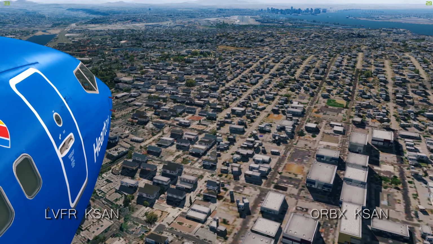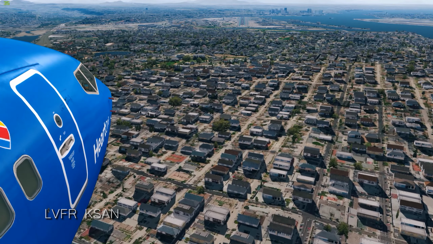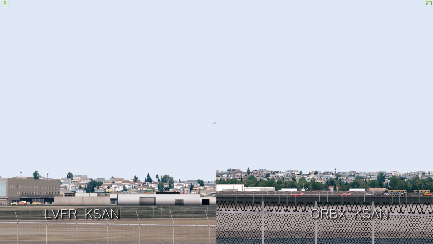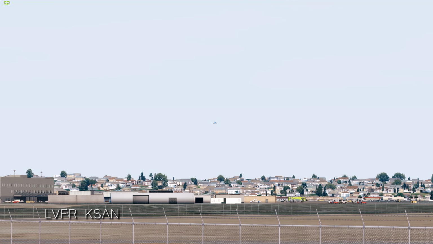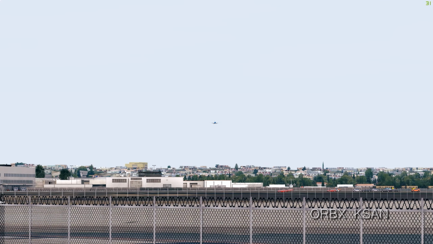First of all, autogen quality and color saturation I think are very good on both. LatinVFR tends to be a little bit on the oversaturated side, but it still looks believable and still looks very good, at least on the Point Loma side. Ground texture quality, especially air side, is significantly better in the ORBX version. However, as you'll see a little bit later, on the non-air side,